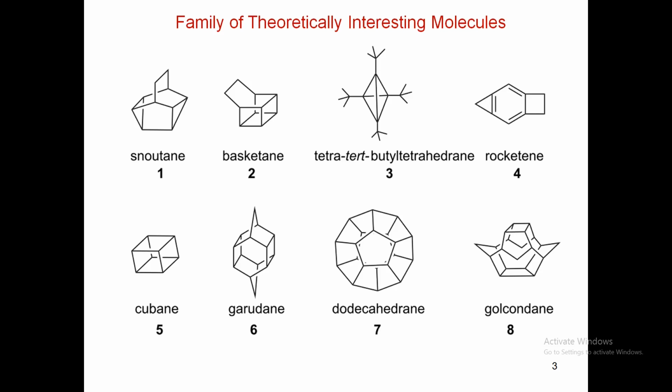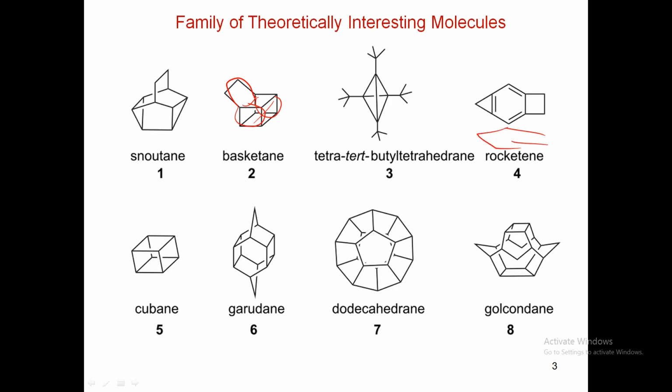There you can see it has resemblance with baskets. So that's how it is basketane. It is again a prismane type which has tert-butyl groups with 4 carbons, rocketane because of the similarity to rockets,